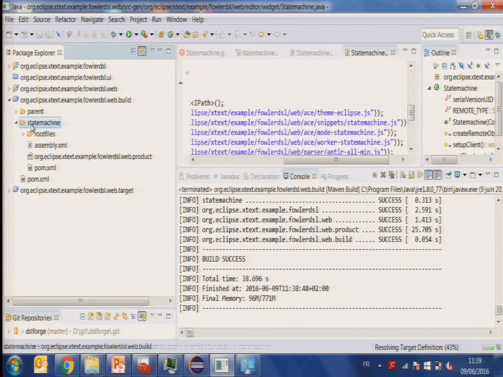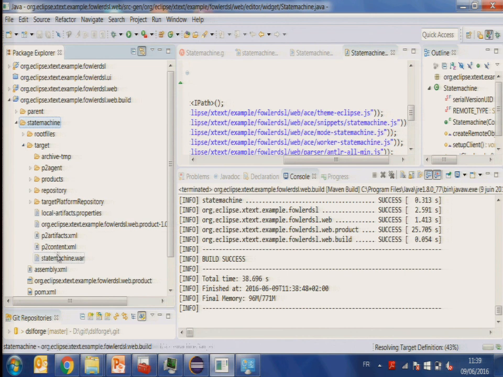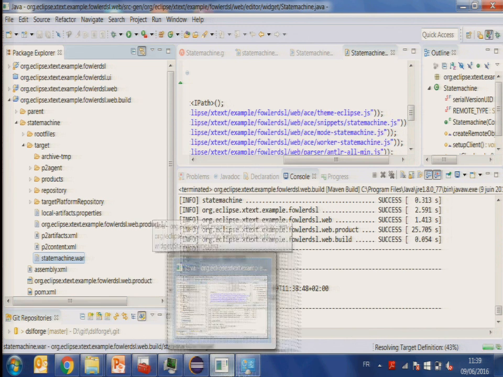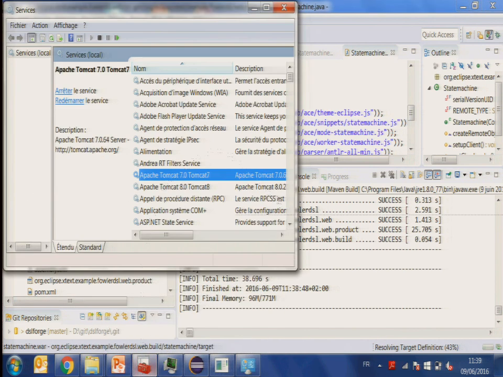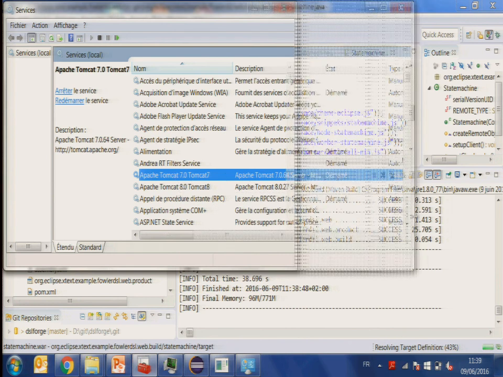So if I refresh here, I have this valuable war file that I can deploy instantly on Tomcat. I have two Tomcat instances here.